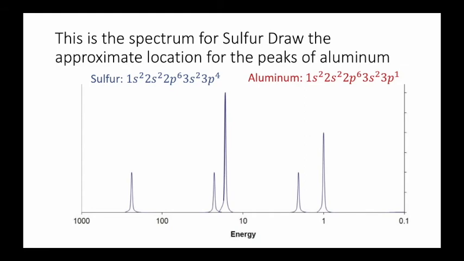If I look at the periodic table, I also see that the atomic number for aluminum is 13, and the atomic number for sulfur is 16. Sulfur is going to have more protons than aluminum, and this means my spectrum is going to be shifted to the right, because the electrons in aluminum aren't going to be pulled in towards the nucleus as much as they are for sulfur. So when I draw this, I shift everything to the right, and I make my 3p peak about 1/4 the size of the 3p peak for sulfur,